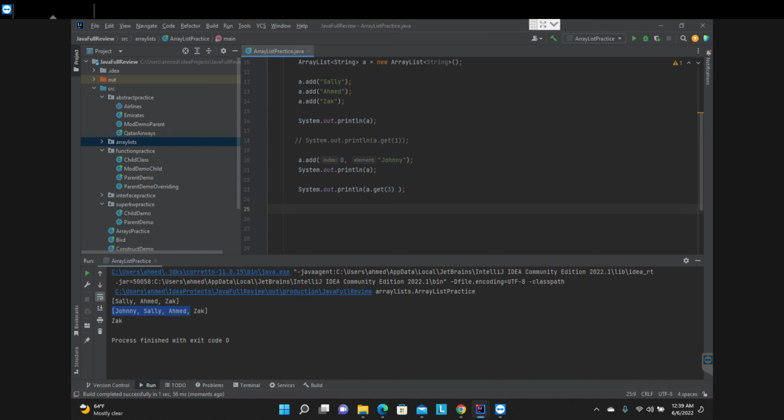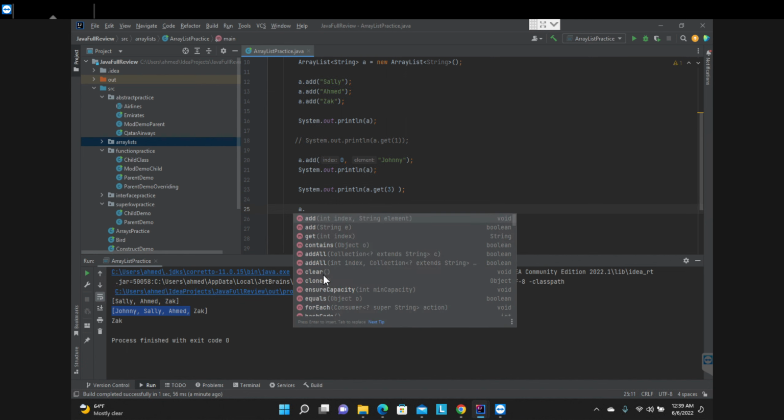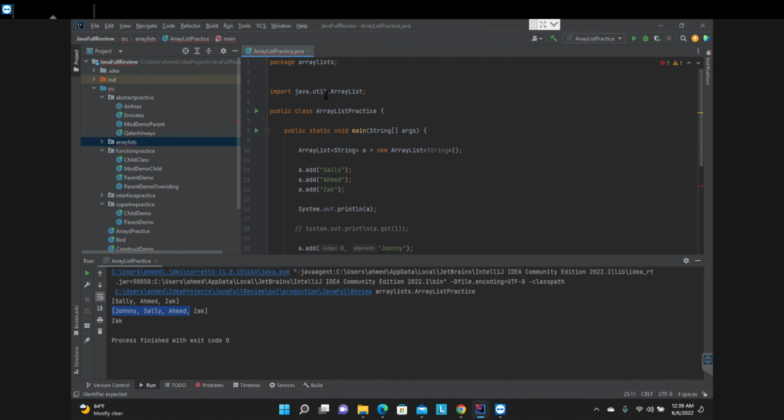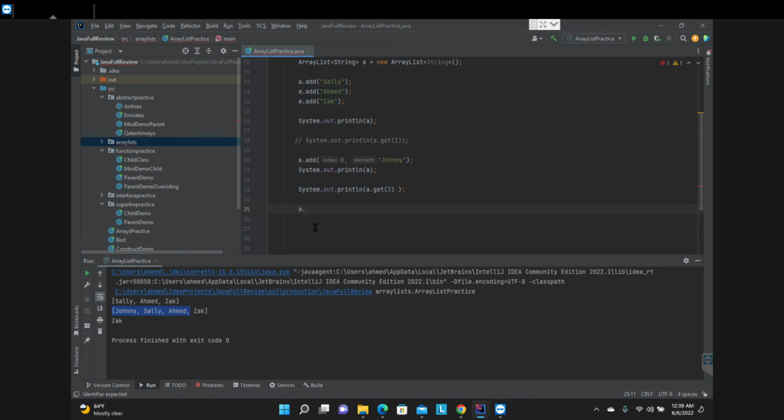And now we want to do one more thing. So here's the thing. All these methods are coming from this package, the Java utility package. When we made the array list, we had to import this one up here on line 4. So all these functions are coming from the collections framework. Like we get Selenium and Java, we get methods from Selenium framework, right? This is the built-in Java collections framework. So we can do a dot